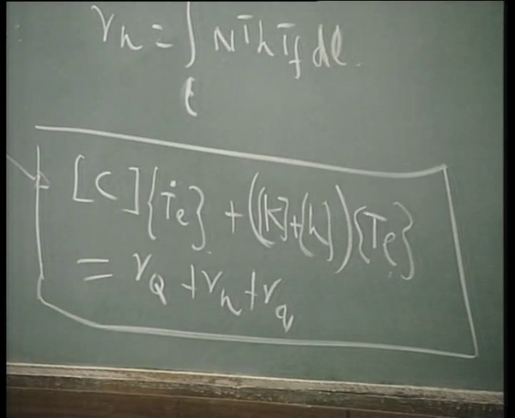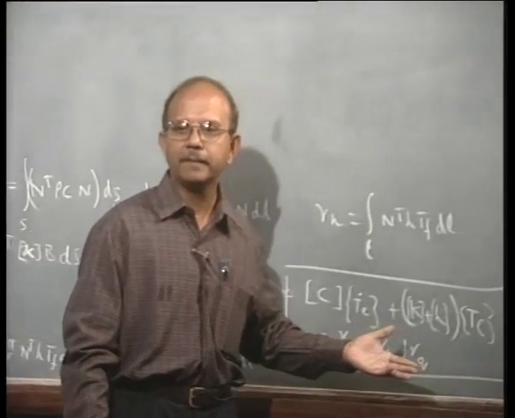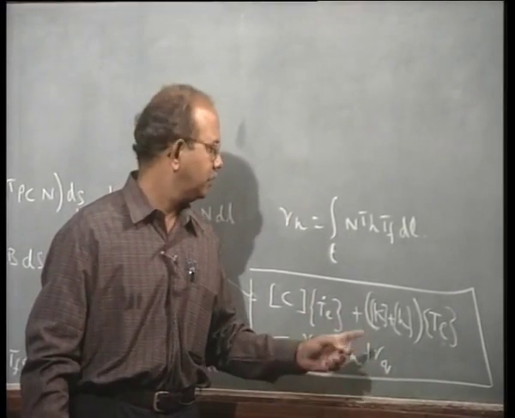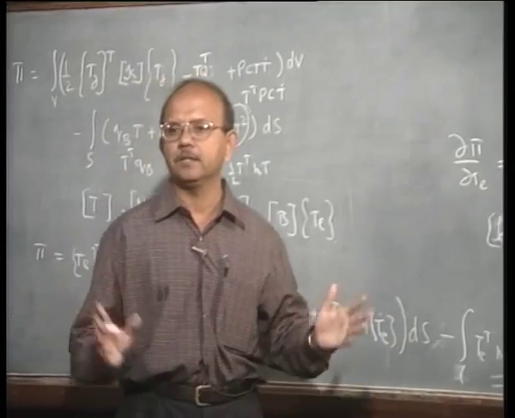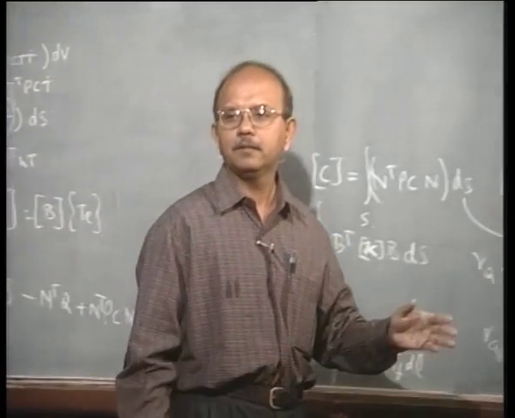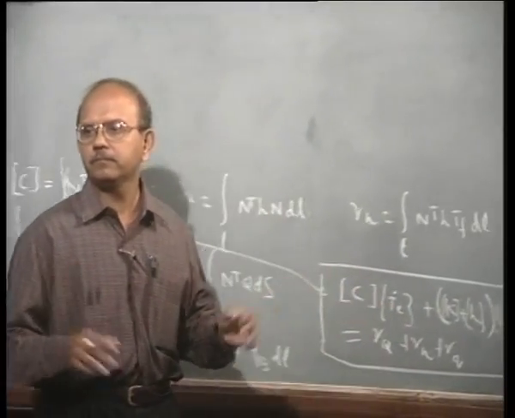Now the question is, what sort of problem can we solve with this? Can we solve a transient problem with this? Yes, obviously, because T dot E is there. So if you want to look at the steady state problem, what do I do? I just remove the T dot E terms. Now is that clear?